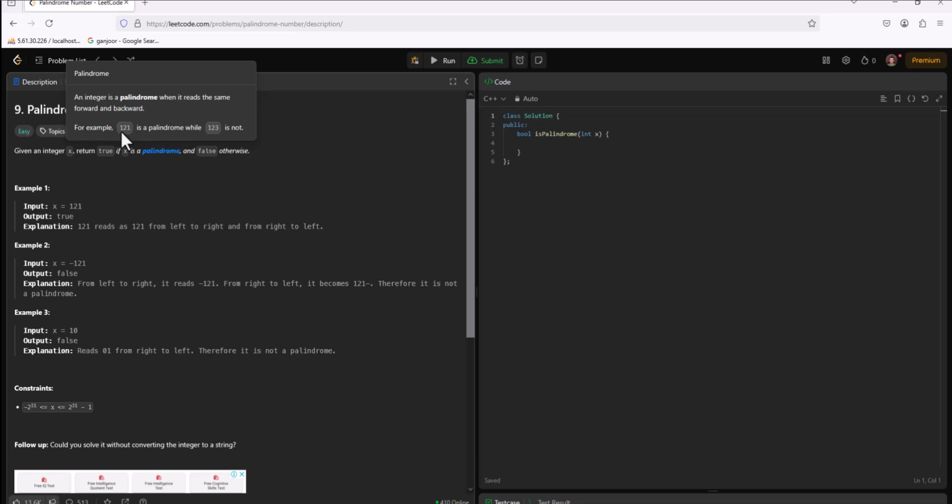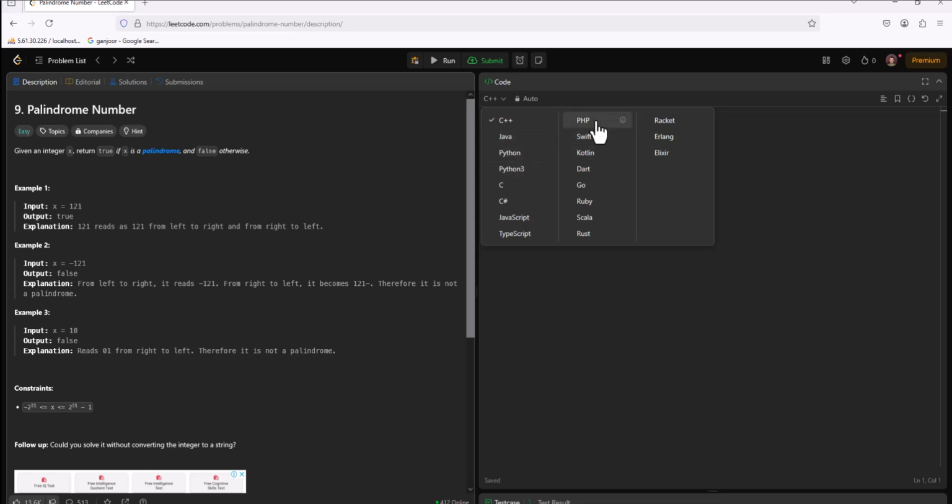For example, 121 is a palindrome number, but 123 is not. So we are going to solve this with PHP,